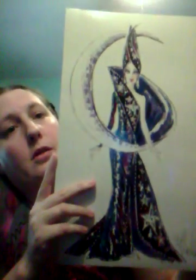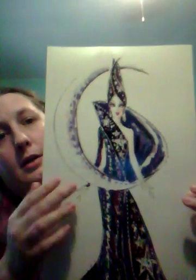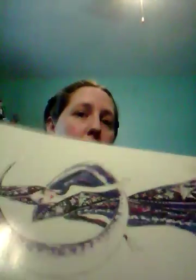This is the official artwork that comes with the Bob Mackie doll. This is his sketch design, and you can see the doll is pretty well consistent to the design. And it is just on some cardstock. It's glossy on the front, and kind of regular on the back. I think I might want to try and get this framed so that it could actually be out of the box and